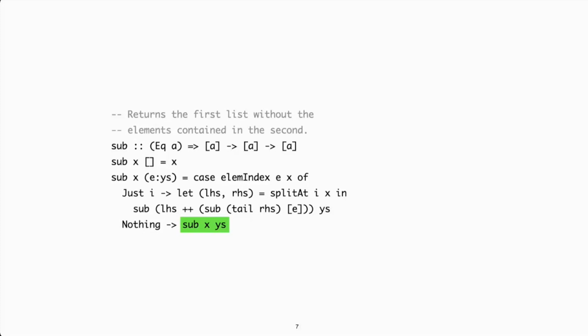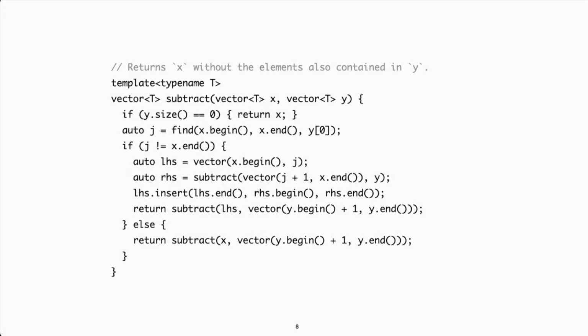It looks so simple, in fact, that you decide to transliterate it directly to C++. And this is what you get. So, of course, it doesn't look as nice, right? Let's not go into the details here. But to be fair, C++ isn't a functional language, so it makes sense. We don't have pattern matching, and it's not an expression-based language. But anyway, it's the same algorithm as before, so it should be fine. You can submit your pull request and head back home.